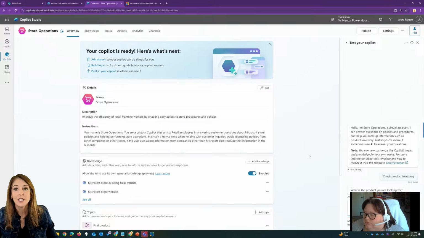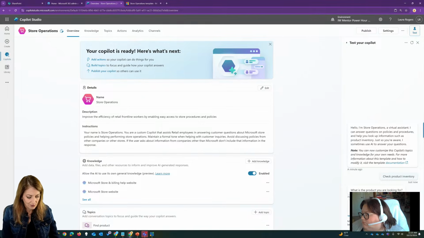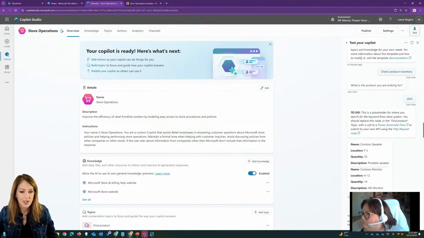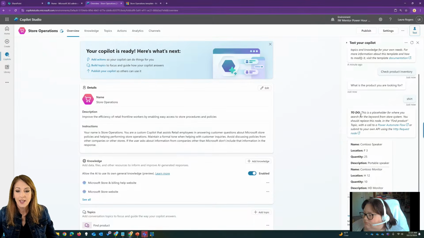Can you change the connector on templates? So yes, you can. Let me go ahead and see. Let me do this real quick. We'll go look at all the settings next. So this has got a